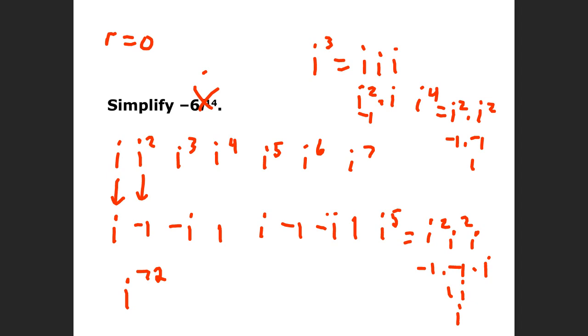Answer is i. It's just i. So this is a remainder of 0. Okay, so if I have a remainder of 0, my answer is i. If I have a remainder 1,